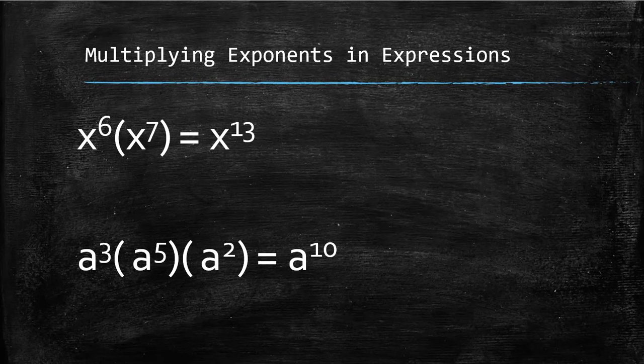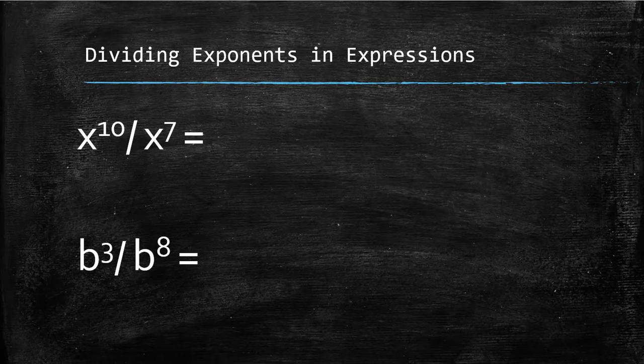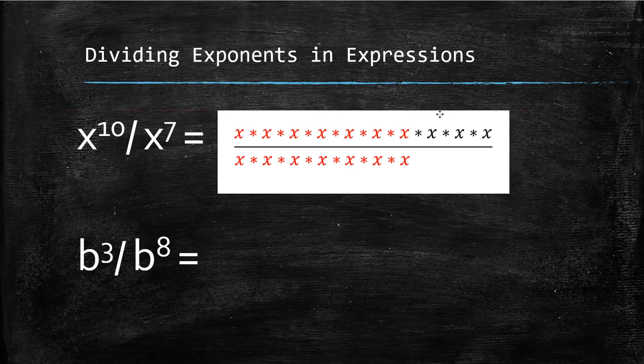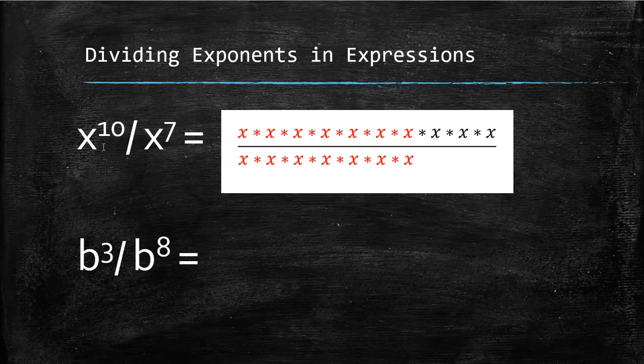Awesome. What about when we start dividing exponents now? How are we going to handle the division of exponents? This is x to the 10th power divided by x to the 7th power. So in order to explain what we should do here, I'm actually going to pull in a little diagram. And what we're really talking about when we say x to the 10th divided by x to the 7th is